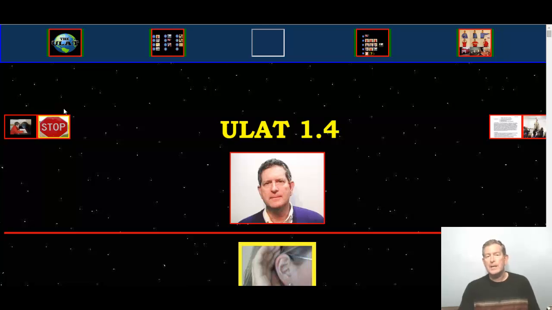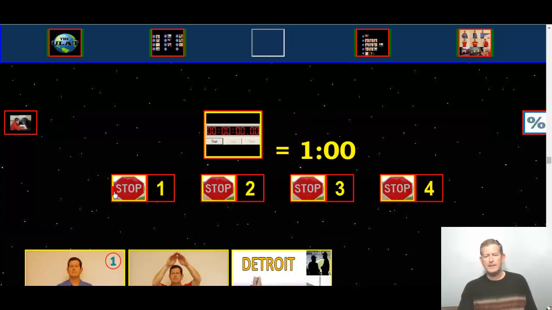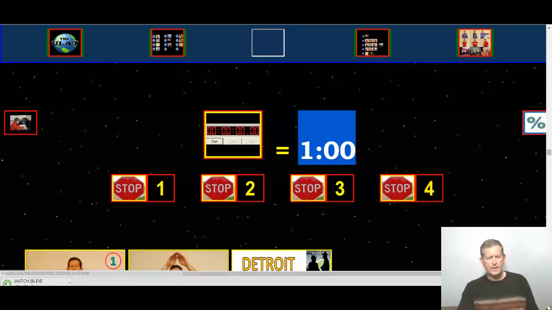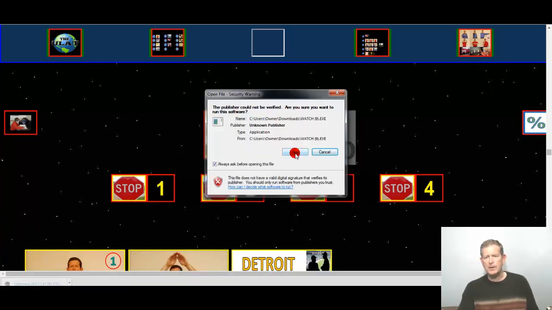And this button, however, is an important button. It's the one that takes you directly to the test, skipping all the intermediate steps before the test, the sections that precede the test. So here we go. I'll click on it and we go directly to the test. And as you see, the stop signs indicate there are 4 different forms of this test. The stopwatch indicates to you this is a timed test, and the time next to the stopwatch indicates how much time you have to complete the test. So actually the teacher typically will click on the stopwatch because they'll be timing you and testing you. But for the sake of practice, it would be good for you to open the stopwatch to time yourself. So we'll click on Run.